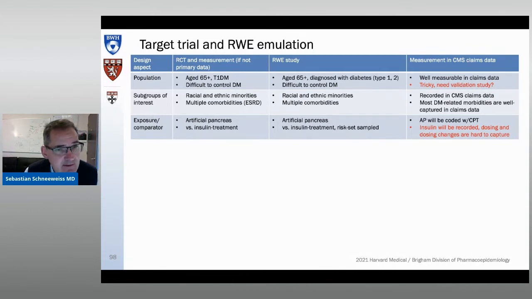While we can see the insulin dispensing, the challenge that I see here is that we don't know the exact dosing. We see the strength of the insulin and how many units were dispensed, but we don't know the exact indications, like dosing per kilogram weight and things like that. We don't have that information in claims data. And the time zero is also not clear to me. Time zero for the artificial pancreas is straightforward. It's the day of implantation. Time zero for the insulin is not quite clear. Next slide, please.